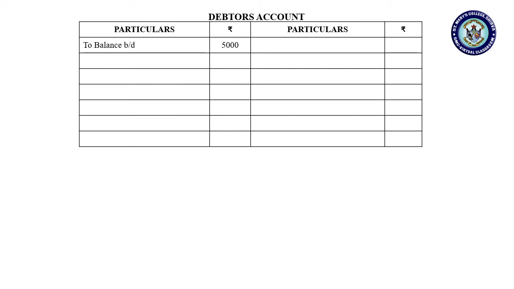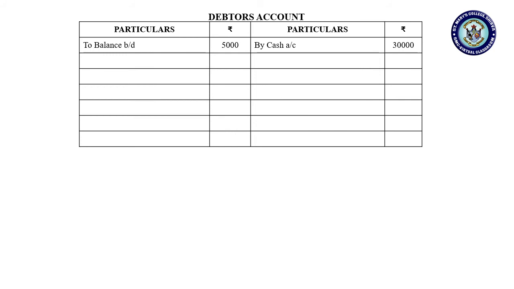The first one, that is cash received from customer, because you can see the debtor's account. The journal entry is cash account debit to debtor's account. So it is to debtor, means in debtor's account it is by cash. So write by cash 30,000. You just see those transactions where you can find debtor's entry. Okay, after that,